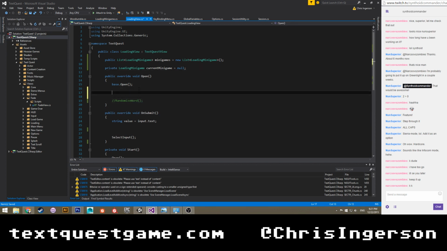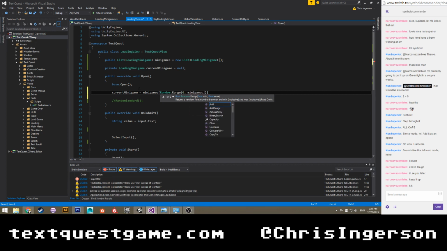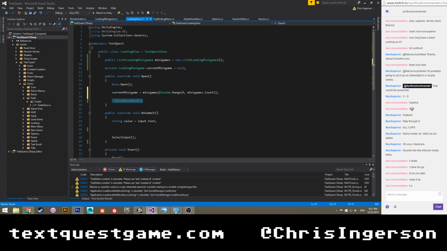And we're going to go ahead and say currentMinigame, or no, equals minigames Random.Range 0 to minigames.Count. And then we'll just say, I'm sorry, not minigames, currentMinigame.StartMinigame. Okay. And I think that will basically do what we want.